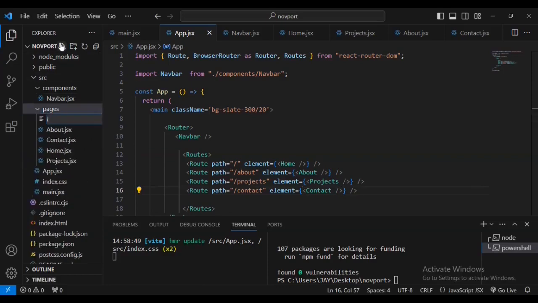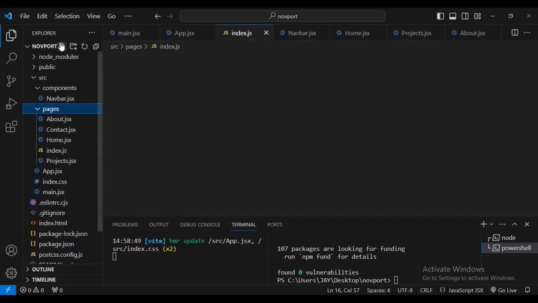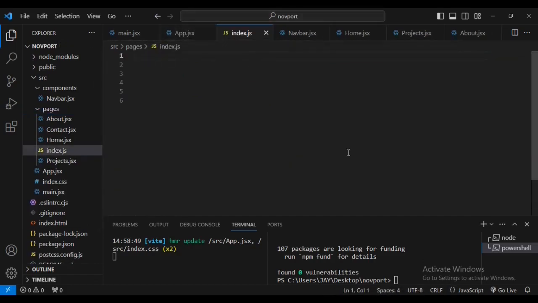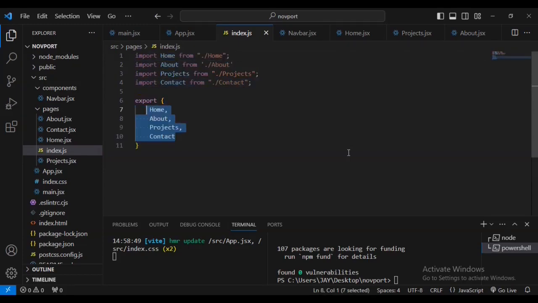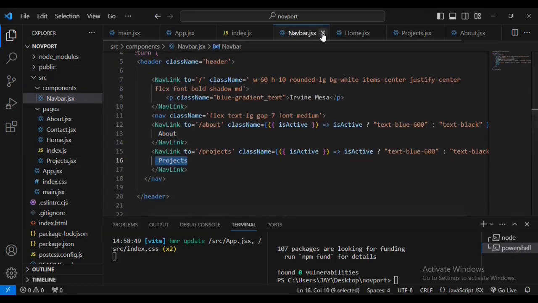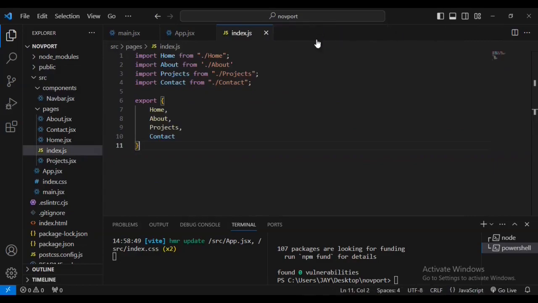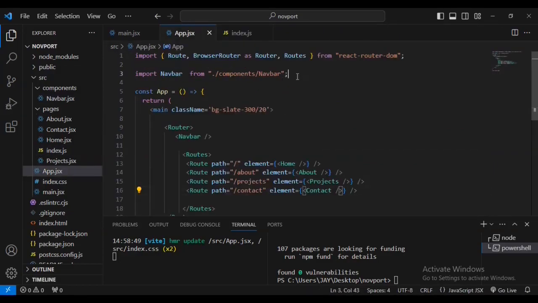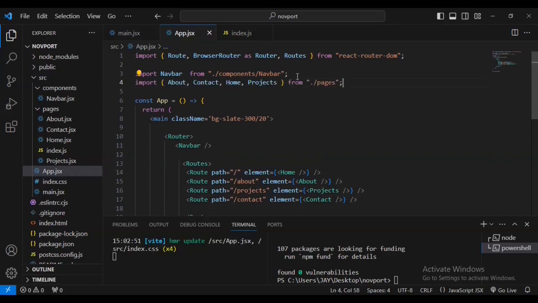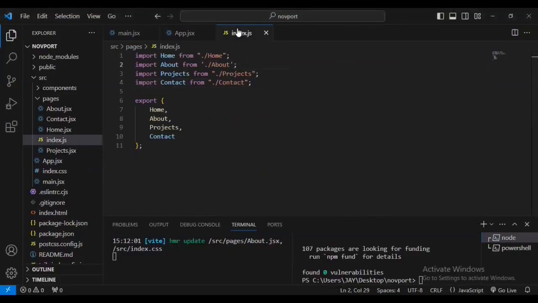Now let's go inside our pages. Let's have index.jsx, then come inside the index.jsx, and we import about, home, project.jsx, and let's export home, about and project.jsx. Then come inside the nav. Okay, now closing these files, then come inside app.jsx file, and let's import these ones that we've just exported inside the index.jsx file. You can see that it's breaking, so I need to come inside index.jsx and